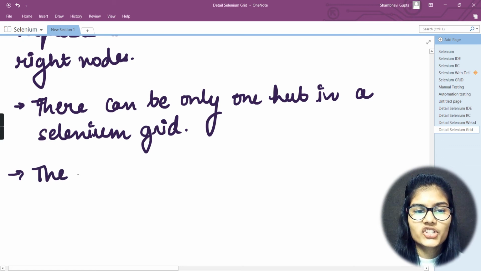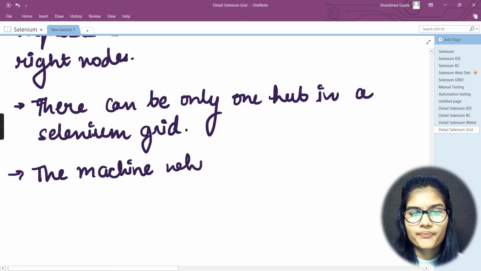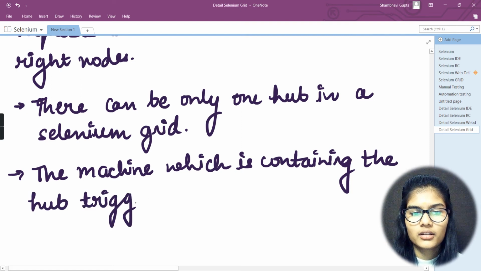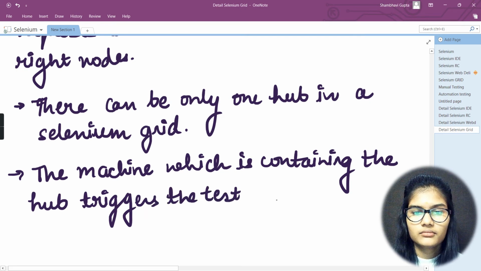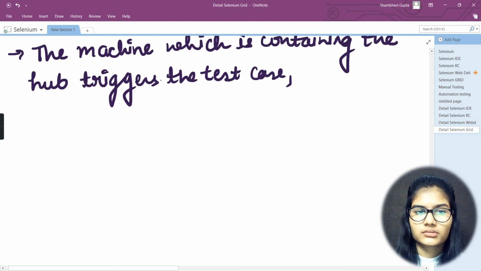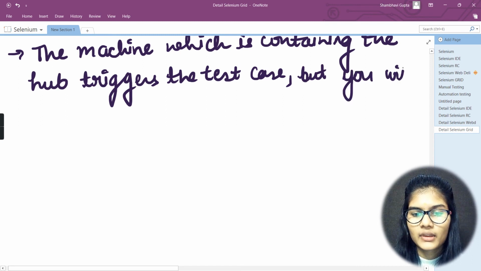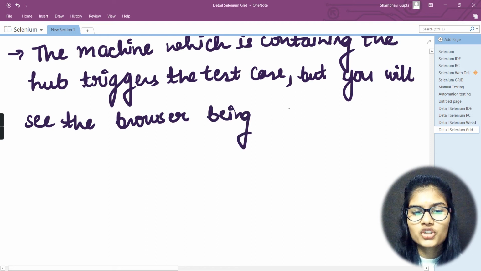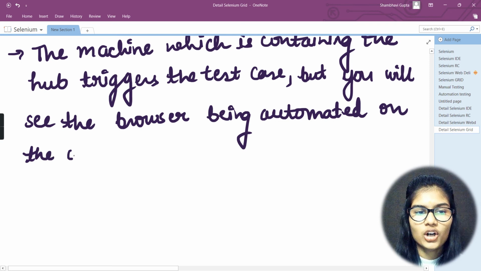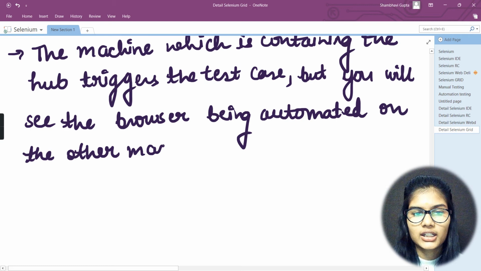Next point is that the machine which is containing the hub triggers the test case, but you will see the browser being automated on the other machines.